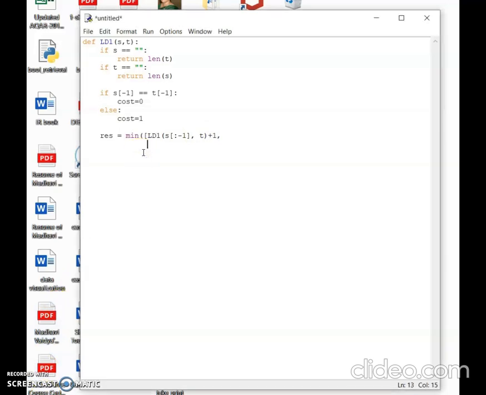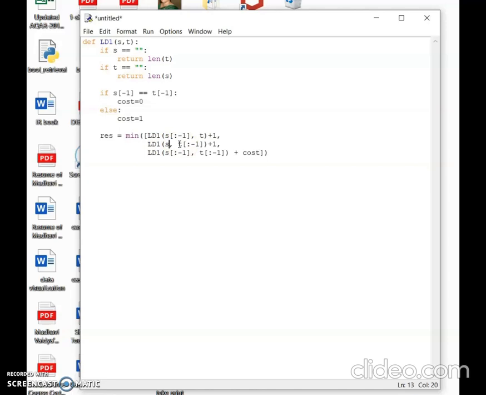So how do we find the second last character of s and t from the beginning? +1. In the same manner, we are going to try with